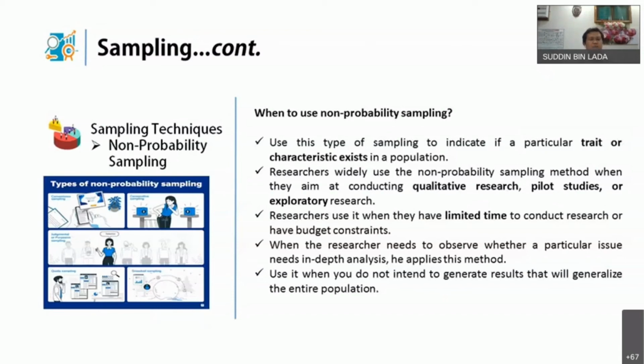We need to use non-probability sampling because we need to go in depth, especially on interviewing people, or we need to survey the attitude of the people or the character of the people. Overall, a broad observation. So in qualitative research, especially in a pilot study, we need to collect a very small sample within your framework,